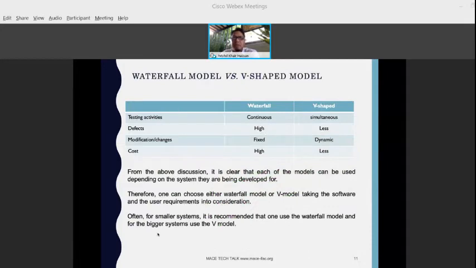Comparing the waterfall model against the V-shaped model, in the waterfall model the testing activities continue, but in the V-shape the testing activities are simultaneous. Then the cost of the waterfall model is high compared to V-shape. From the discussion, it is clear that each model can be used depending on the system. Well, I have to agree. Each model can be used